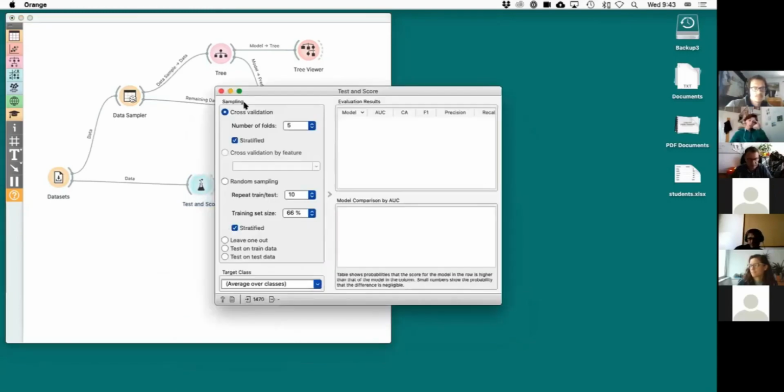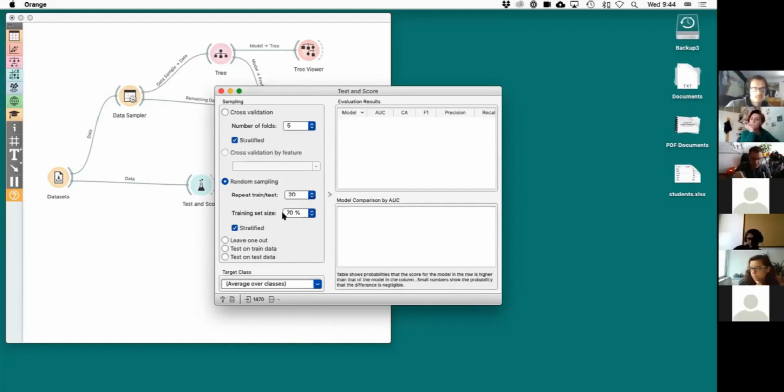It has a number of ways of doing the test and scoring. One of them is random sampling, where you can repeat the process, let's say 100 times. Test and Score would get the whole data, sample it, and give one sample, let's say 70% of the data, to the modeling technique.